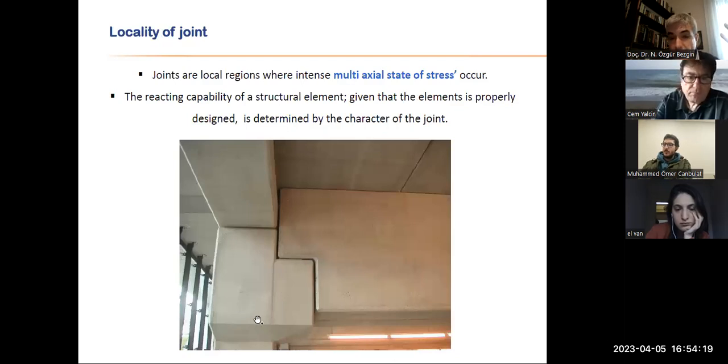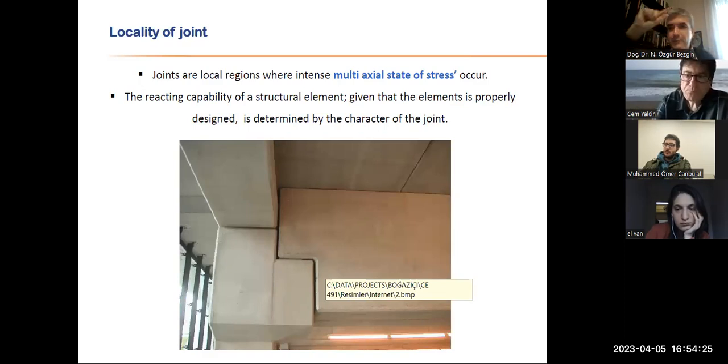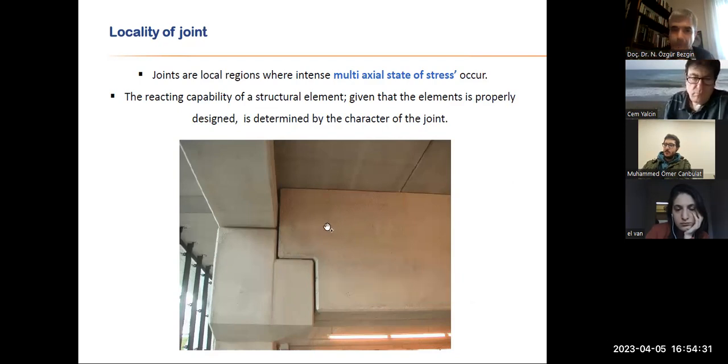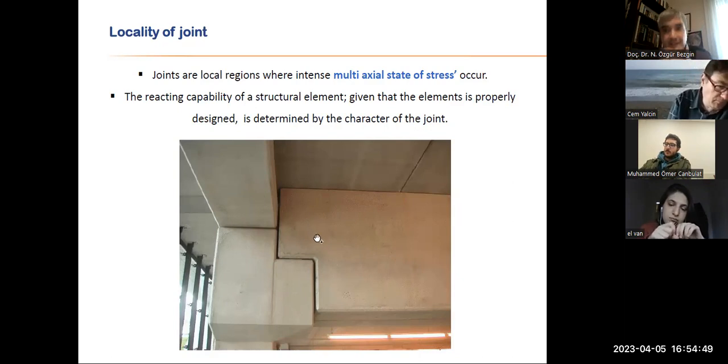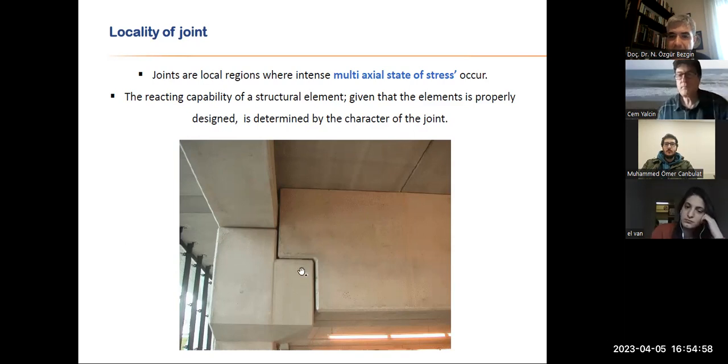And sometimes, on paper, when we do a simple beam to column connection, we show it like a simple dot or a simple triangle or a simple roller. Simple. Here you have a connection of a girder with a column. This is the dot. This big chunk of element is the dot. So the multi-axial state of stresses in this region is tremendous. And how well this frame will function is basically related to how well this connection will function. This is what we typically have. This is a beam sitting on a corbel of a column, and it's topped by precast flooring.